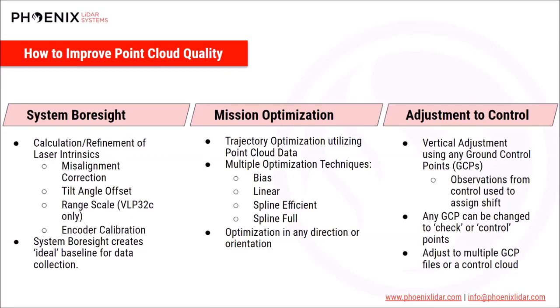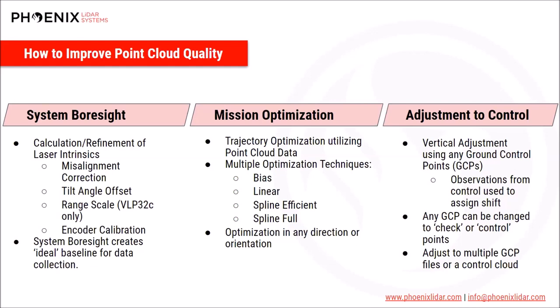Trajectory optimization, utilizing the point cloud, is essential for mission-to-mission calibration. A little gust here, a slight overbanking of a turn there. These sorts of things are not overcome by a system boresight, but need to be looked at mission by mission and overcome in that way. There are many optimization techniques that we'll get into later, but these ideally would be able to optimize in any direction or orientation as the user decides. While we'll get into that later, most of the time that should just be a